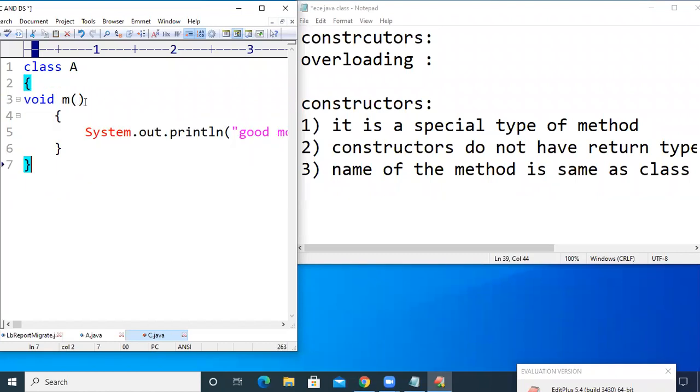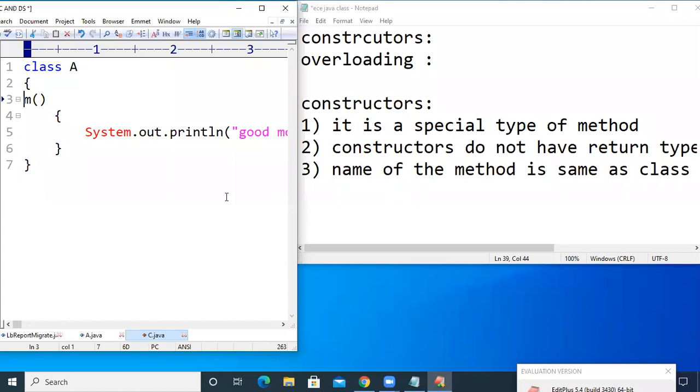Constructor is also similar to a method, but it is somewhat special. Constructors do not have a return type. If you want to make this a constructor, just remove the return type. It should not have a return type, even void.